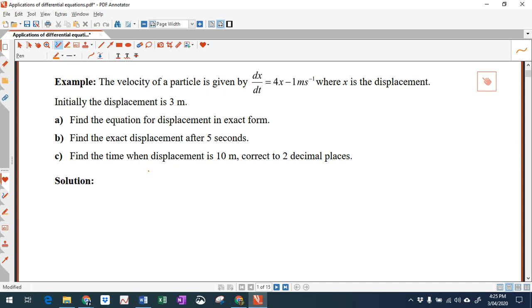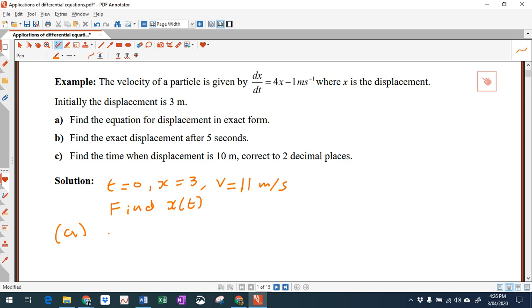So what do we know? Well, we know that initially, so t equals 0, x equals 3, and we can also work out the velocity dx/dt by subbing x equals 3 into 4x minus 1. If we do that, we get 11 meters per second. And what does the question want us to do? It wants us to find the displacement equation x of t. Okay, so calling this part A,